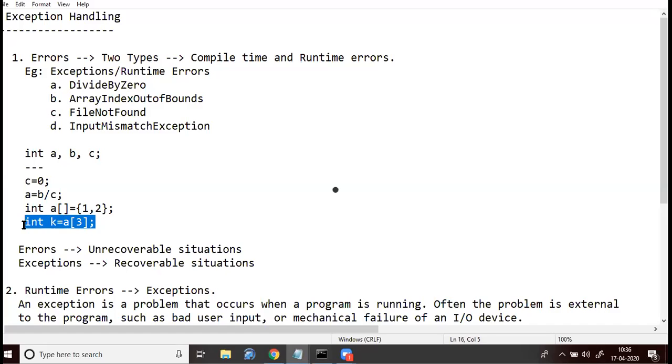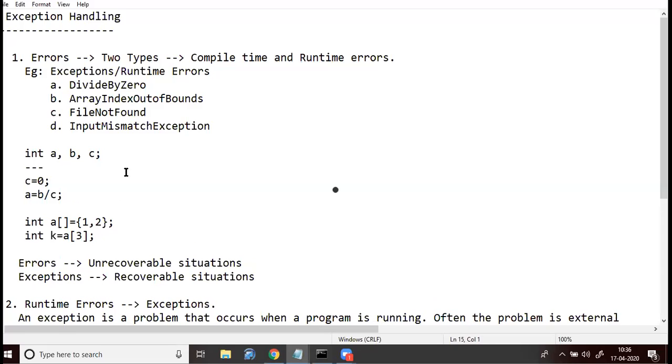This will also create an exception. This will not create any compile time error. It will create a runtime error. This runtime error is called an exception. Now the name of this exception is array index out of bounds exception. The earlier one is called divide by zero exception, whereas this one is called array index out of bounds exception. Okay. So this type of things are called exceptions.